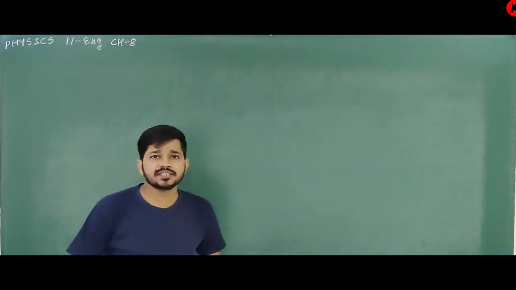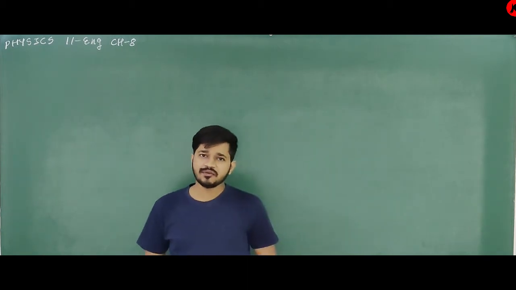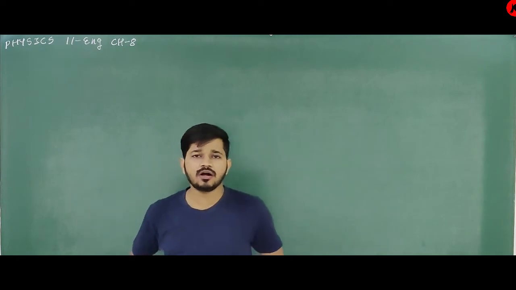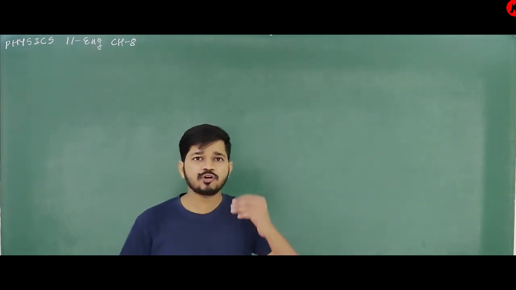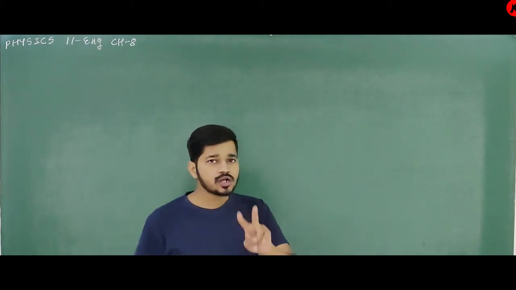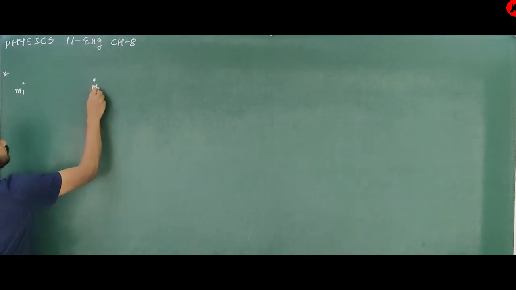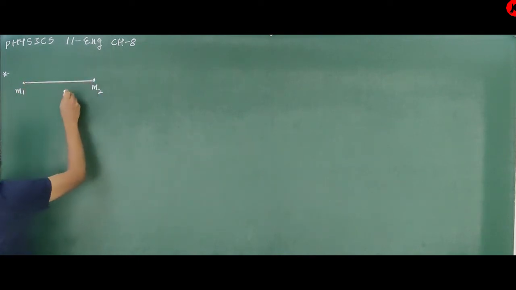Chapter 8, Gravitation. In the last lecture, we discussed Newton's universal law of gravitation, its scalar form and vector form. But if you have observed, that law was for only two particles. Again, I will repeat. If I have two particles having masses m1 and m2 separated by distance r,